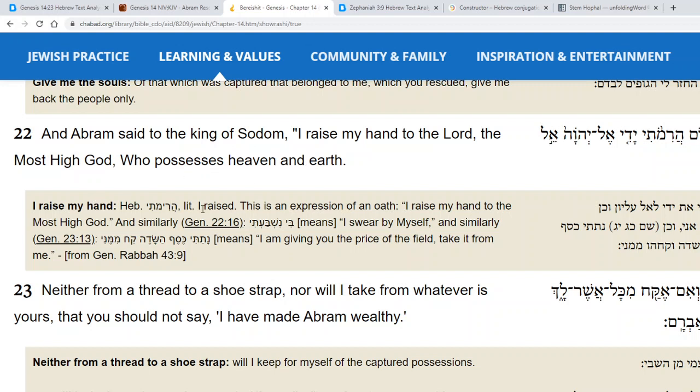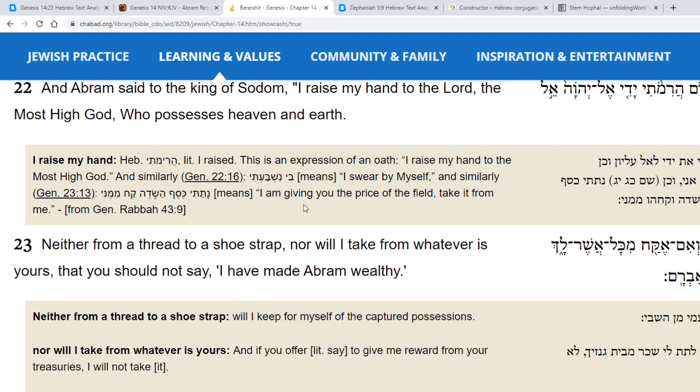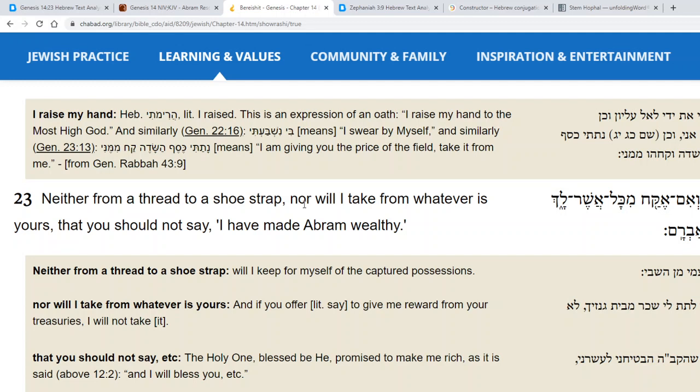Let's see what Rashi says. Harimoti, literally I raise. This is an expression of an oath. So Rashi's saying what the NIV actually puts in there. I raised my hand to the a similar thing. Binishpati means I swear, and natati kesavasakach mimeni. I'm not sure why he's bringing those two verses, but you can look them up if you want. Okay,